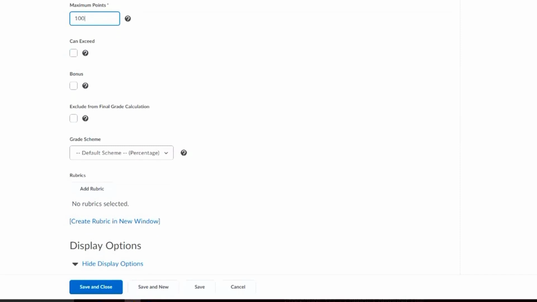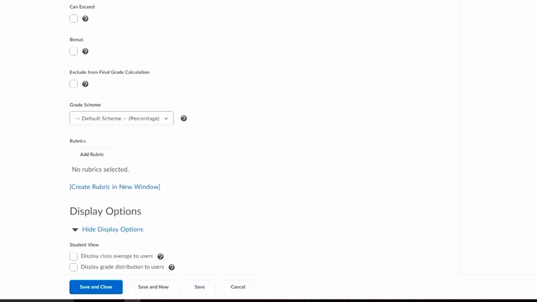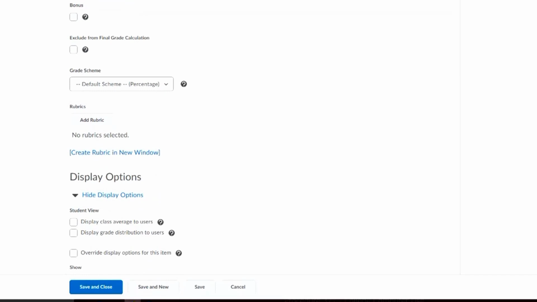The first one is, do you want them to be able to exceed that amount and get bonus points? So the bonus section means, is this assignment itself a bonus assignment? If it is, that's where you'd want to click the bonus section. And for whatever reason, if you want to exclude this assignment from the final calculation, here you go. We're going to gloss over grade scheme because that's a little bit more in depth, and we're not going to look at grade schemes in this training. If you're interested, you can go take a look, and you can give us a call and we can talk